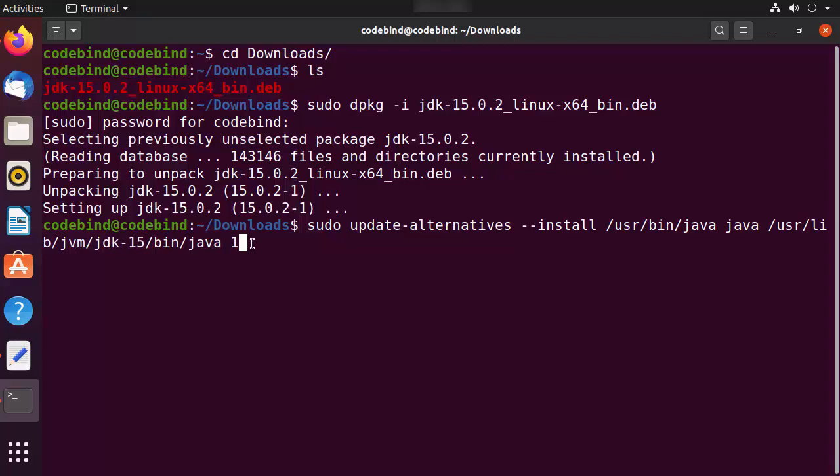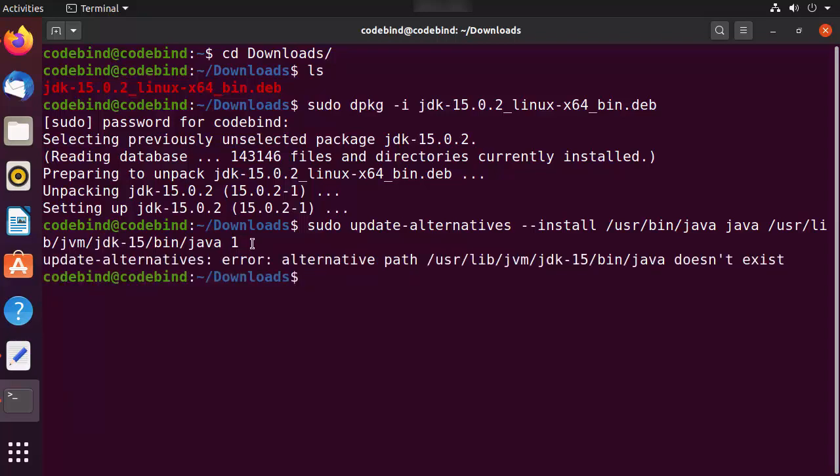So let's give this command, and it's going to give you this error because we have installed the JDK 15.0.2 version. So it's going to create this directory and not this directory. So let's ls to this /usr/lib/jvm directory.